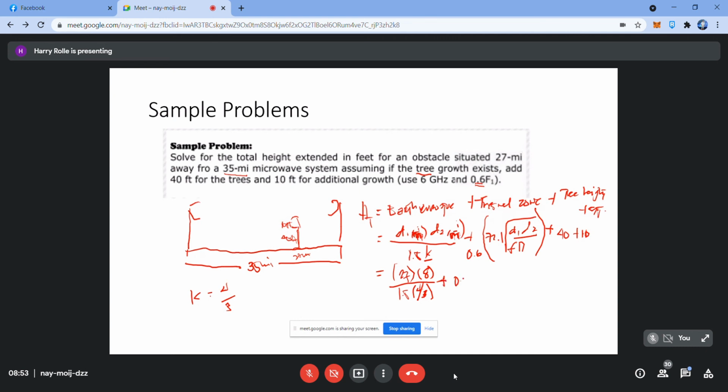So, we have here plus 0.6, multiply it by 72.1 square root of D1, which is 27, multiply it by 8, multiply it by your frequency in gigahertz, which is 6, all over, multiply it by your total distance of 35 miles, plus 50. Okay, anyone who could give me the